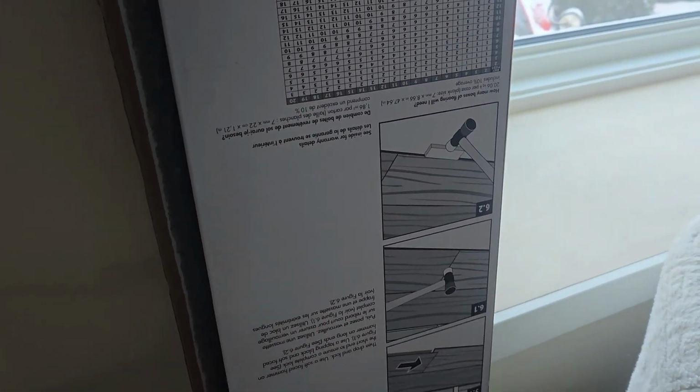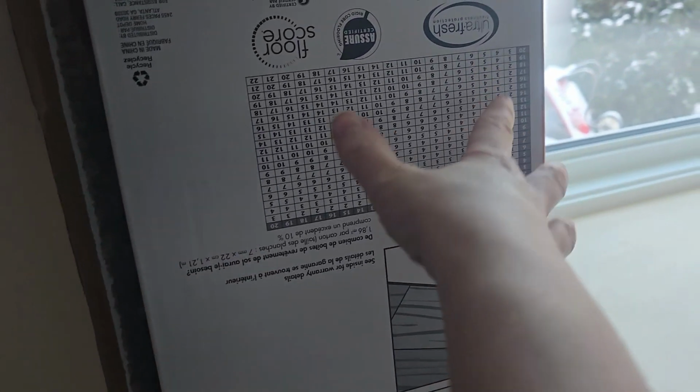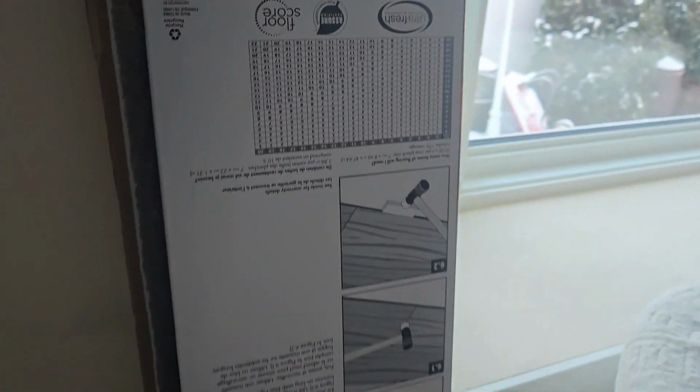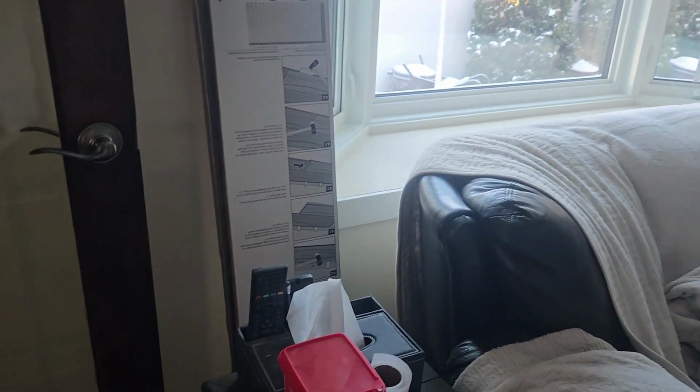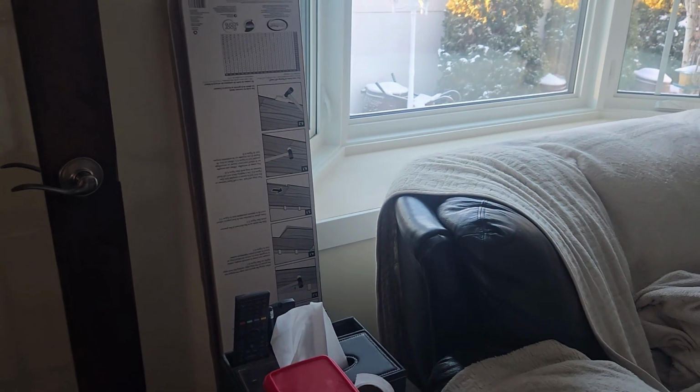I don't know. There's the floor chart. I mean, I know how to kind of figure stuff out. My husband can do it so much faster. I actually have to look at the chart, and I have to do my measurements the way I was taught in school, you know, finding the area formulas. But anyway, so that is